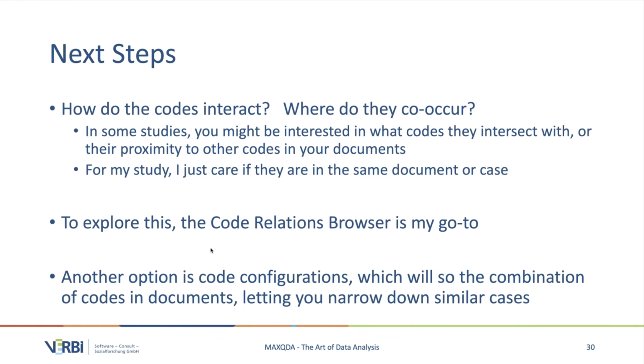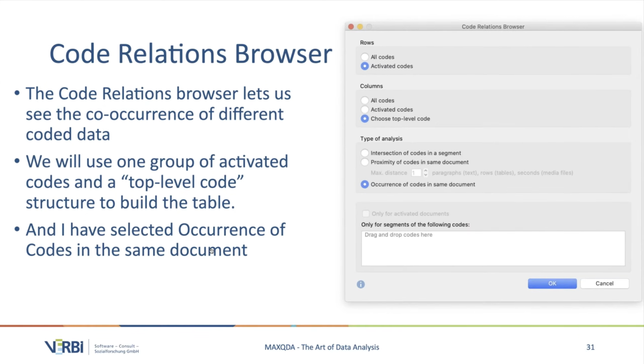My second go-to tool is the code relations browser. My second step in this sort of systematic approach is the code relations browser. I could also use code configurations, which will show the combination of codes and documents, and I will demonstrate that for you. But the code relations browser is the tool that I use probably more than anything, and it will provide us with a launching point into analyzing data. So the code relations browser is available under